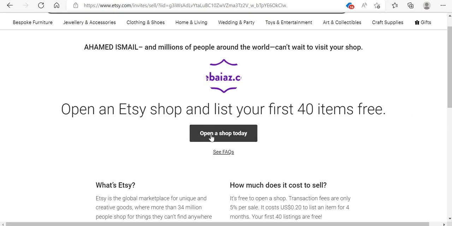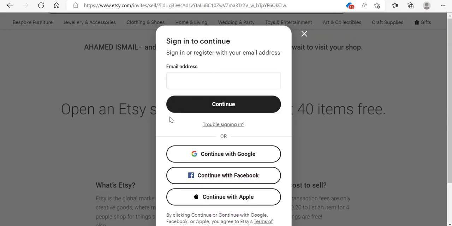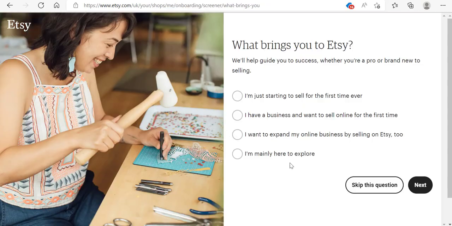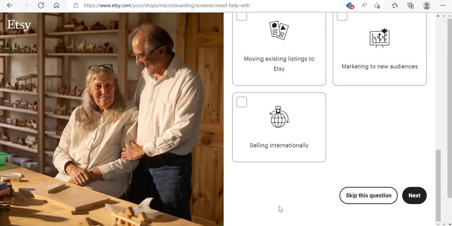So now click open a shop today. Here you can log in through your username and password, or else you can continue with Google. So I am continuing with Google. Okay, now I have logged in. So get started. I just click let's do this. I just start it and click next. So you can skip these steps